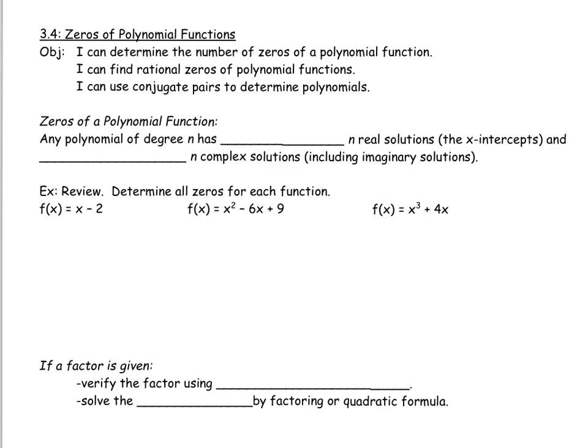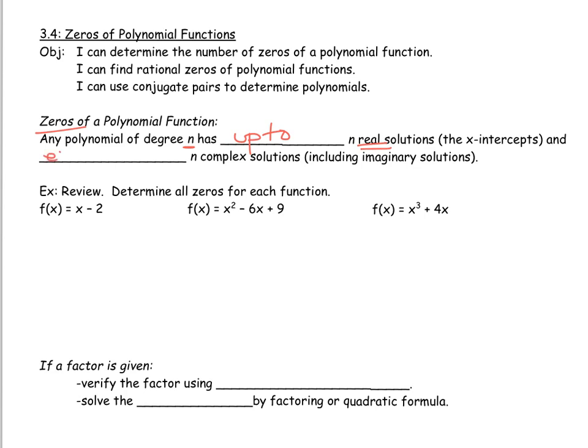Lesson 3.4 continues on with zeros of polynomial functions. In this lesson, we'll utilize division and factoring as a means to find our zeros. For zeros of a polynomial function, any polynomial of degree n has up to n real solutions, or the x-intercepts,